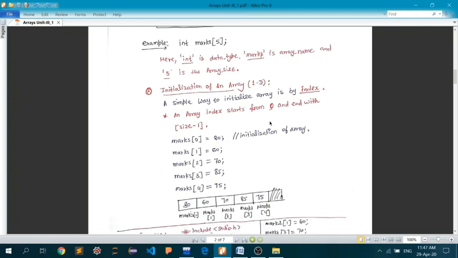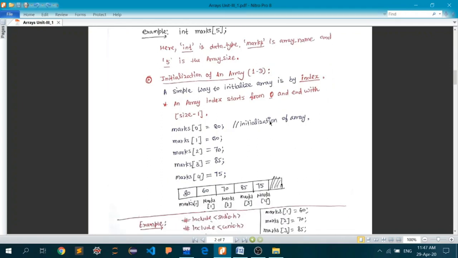Now, how will you initialize an array? Initialization of an array means how I'm going to assign a value to each element in that marks array, which we have discussed earlier, how to access a particular index of an array. First we will write the name, marks, square bracket start, the index number, 0 means first location, square bracket closed, equal to 80.